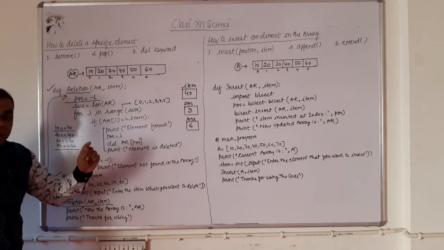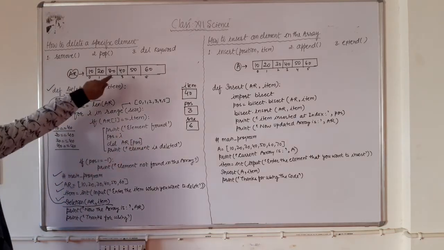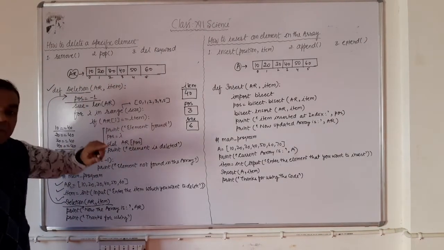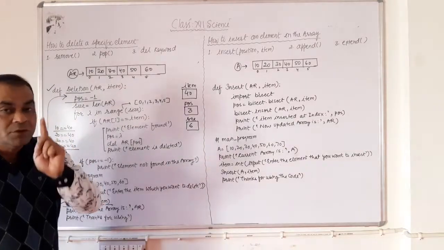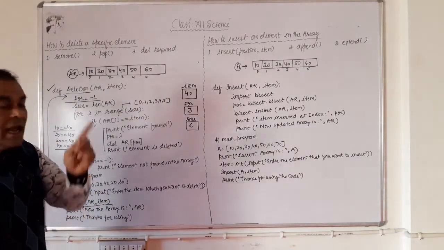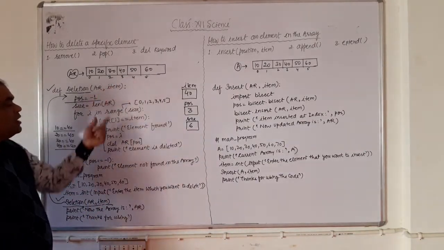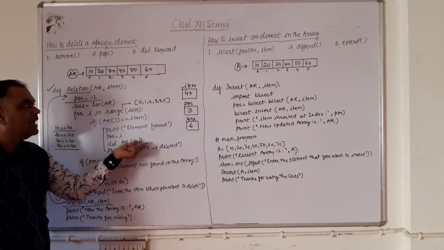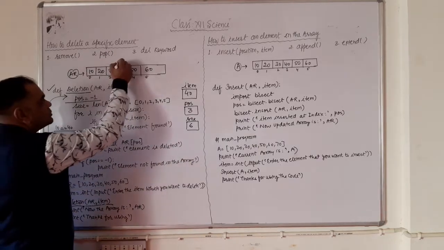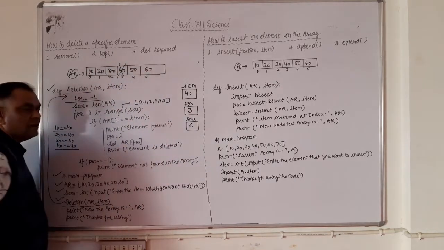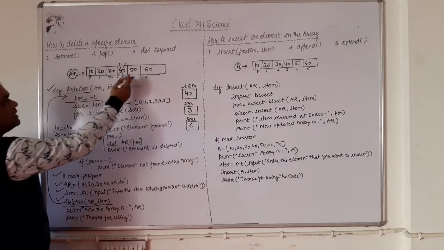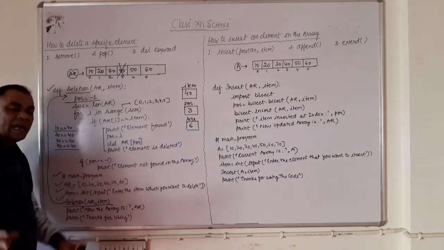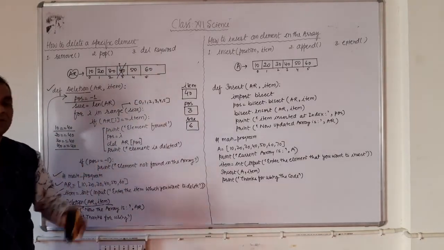Position 3 means, if you want to delete something from the array, very first you should find the proper position of that specific element, and once you get the position, you just use the delete command, delete AR position, delete AR3. Means what will happen? The computer is going to remove this element from the array, and now the next element is shifted here, and the size of the array is automatically reduced.